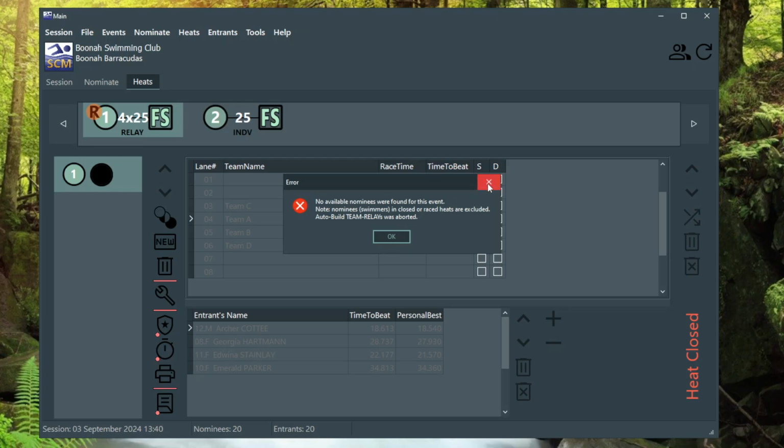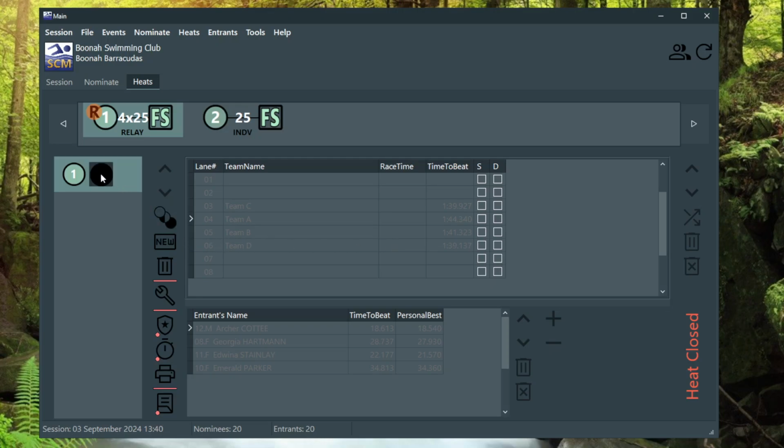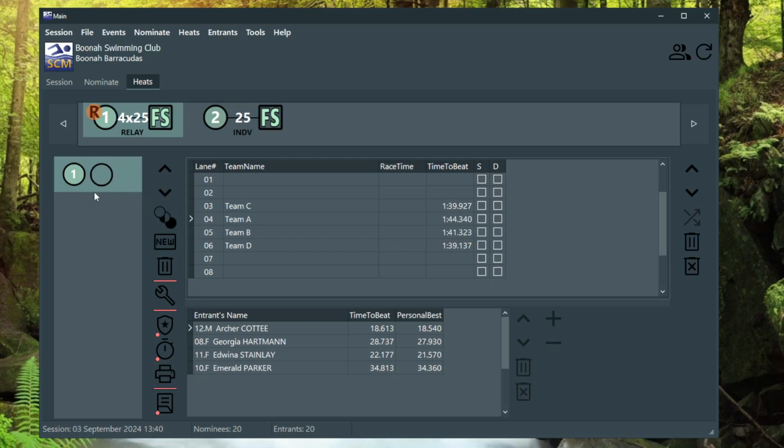Just saying that because often it's missed by everyone, and this works for individuals as well, that you can lock a heat, as it were, and then go and hit the rebuild button and everything's still fine. Anyway,